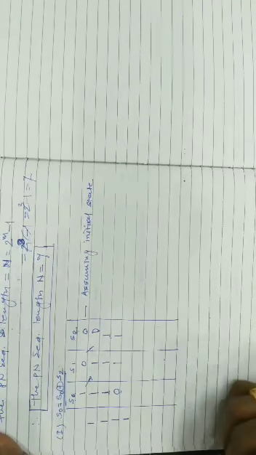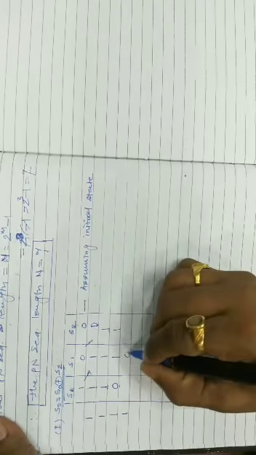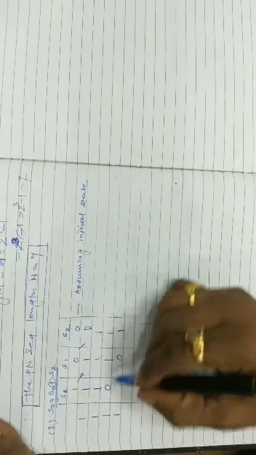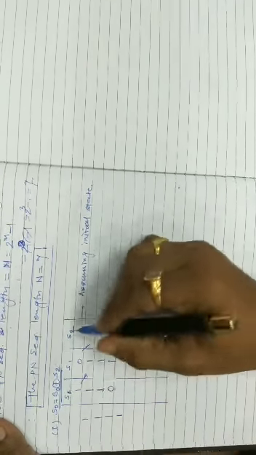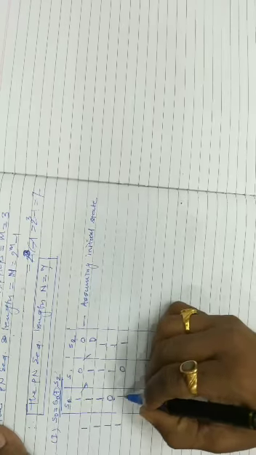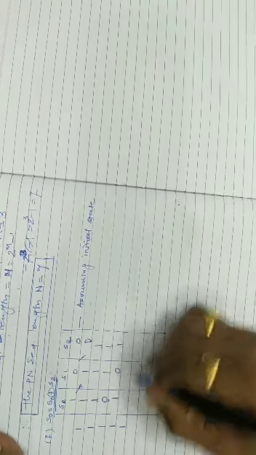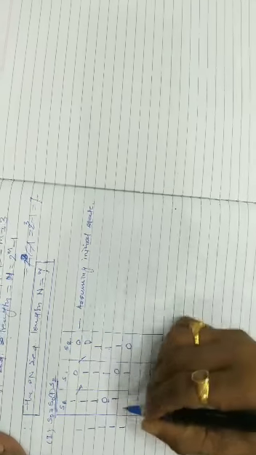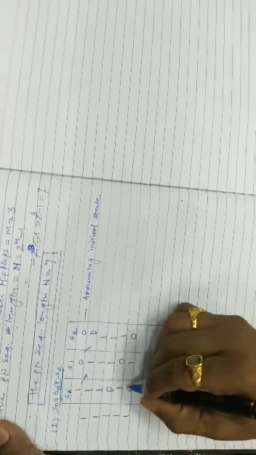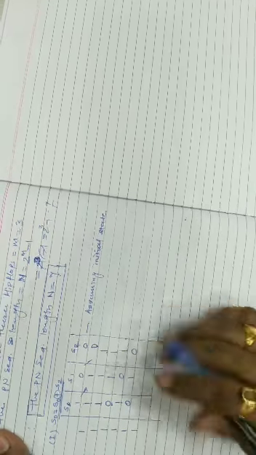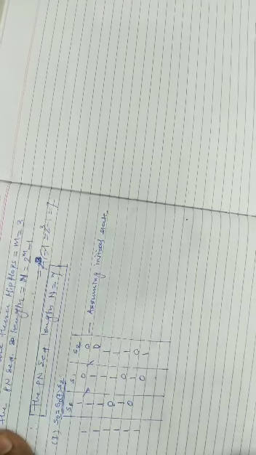For the next clock cycle, this data will be shifted, so 0 will come over here, 1 will be over here, and if we see the previous outputs between S0 and S2, it will be 0 and 1, therefore this becomes 1. For the next clock cycle, this data will get shifted over here, again 1 1 will get over 0 here. For the next clock cycle, this 0 1 will be transferred over here.